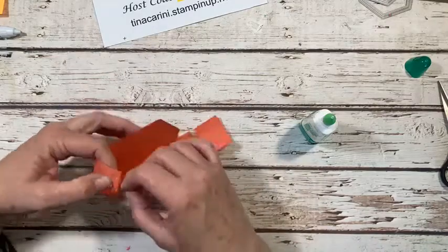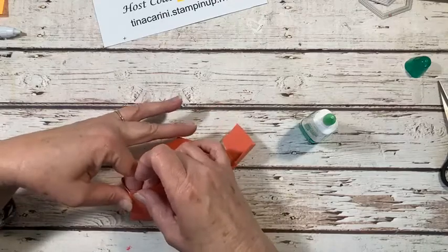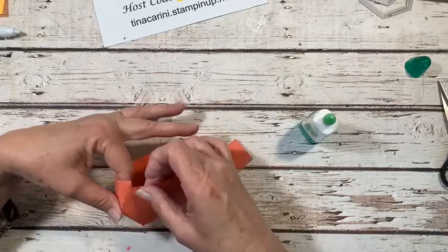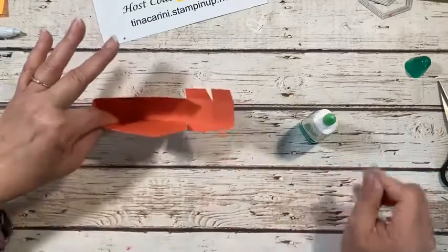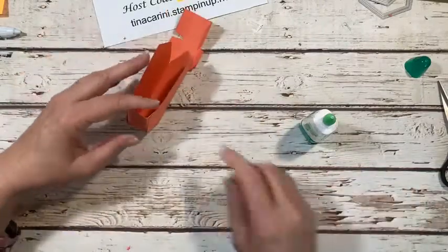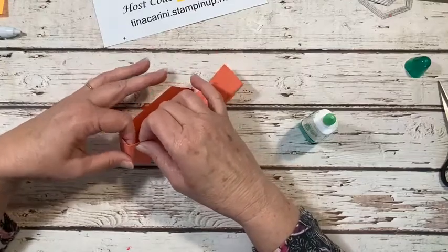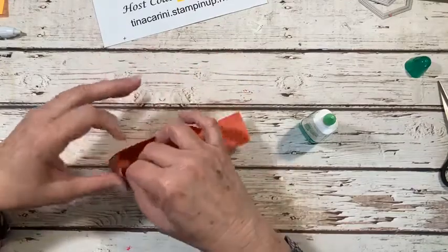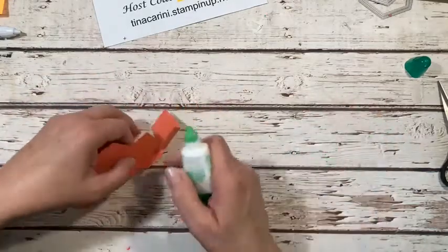And I didn't burnish my score lines, so they're kind of not going to be right. They're not as crisp a fold as I would like. And this one I did not get all the way over. So there we go, just like so. All right. Good thing that's the back. Okay, so